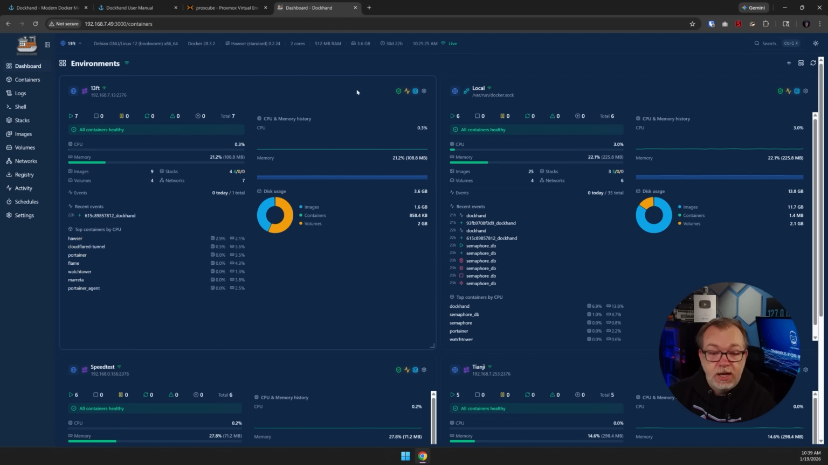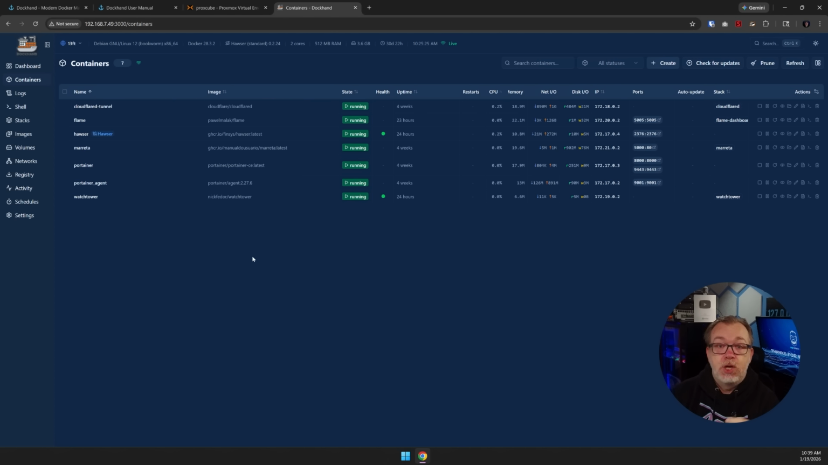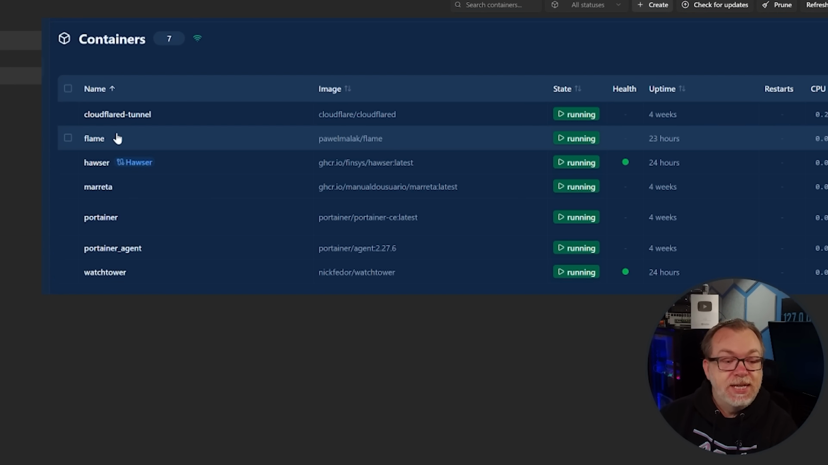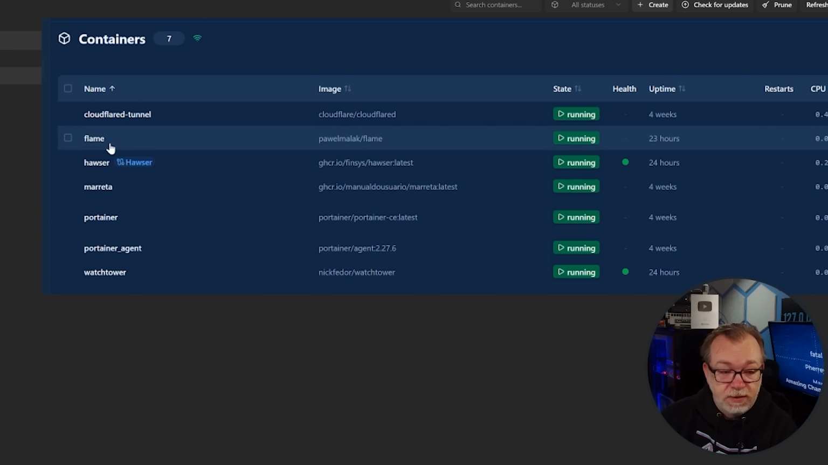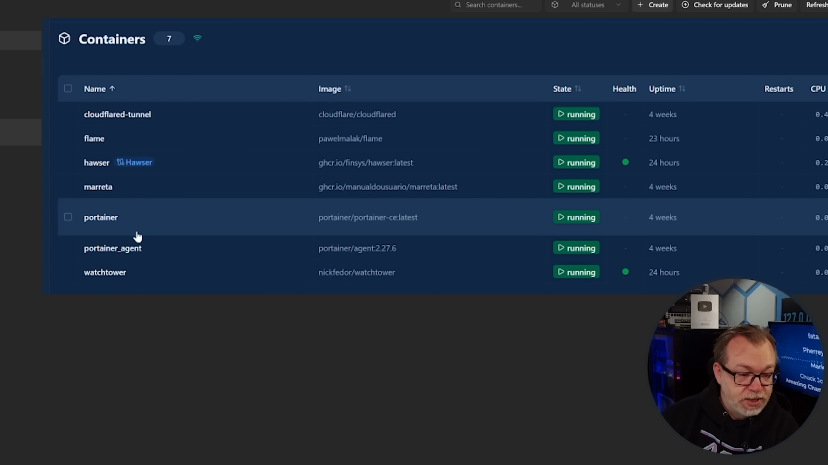From here, you can click on any of these and it will take you right into the containers that are running, in this case, on my 13-foot host, which is running Moretta. It was running 13-foot. Now it runs Moretta. But here we can see all of the different Docker containers that are running: Cloudflare Flame, Hawser, Moretta, portainer agent,